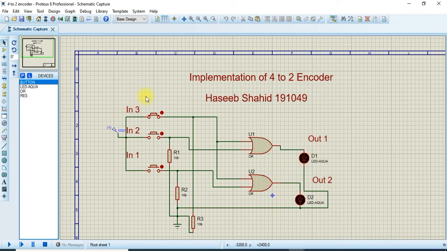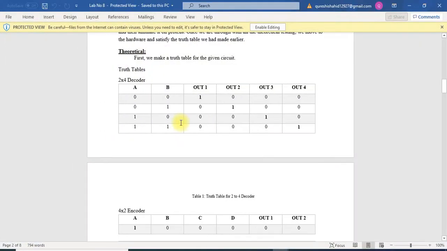As you can see, it is the reverse of the decoder. So for that purpose we will check the outputs. Let's start the simulation. As you can see, when all inputs are 0, then we definitely get 0. IN0 is also 0, but when IN3 is 1, we have both outputs high. When IN3 is 0 and the next input is 1, the first output would be high, and for the other, the second output is high. So in this way we can verify each and every combination of the truth table.